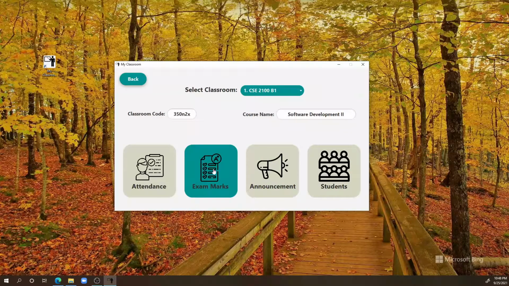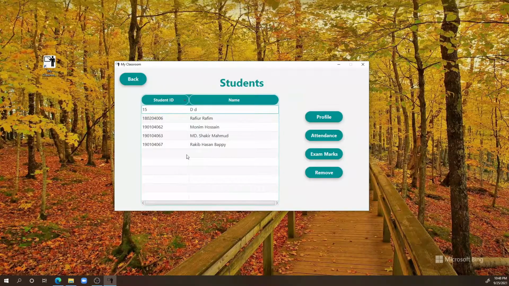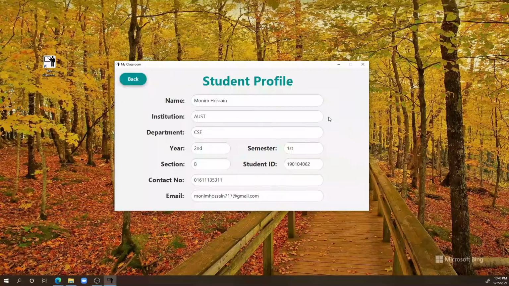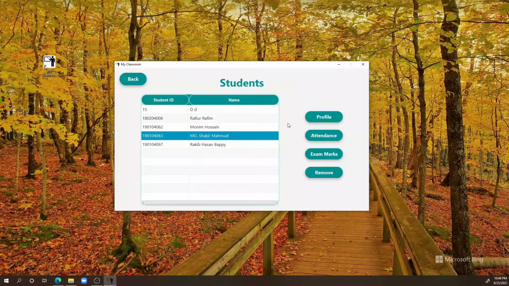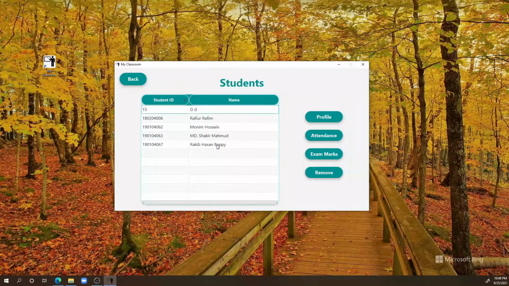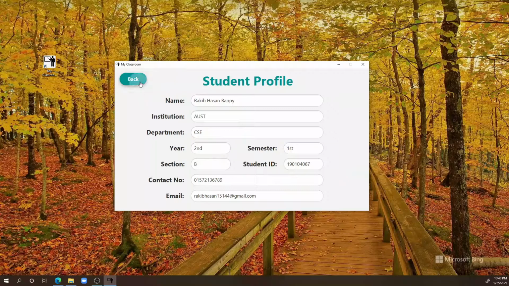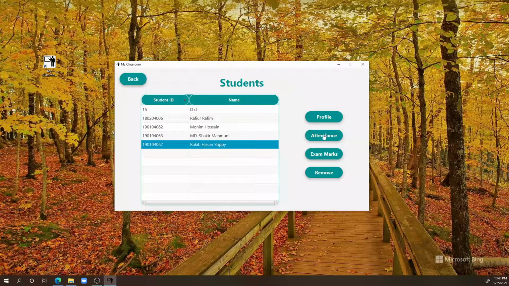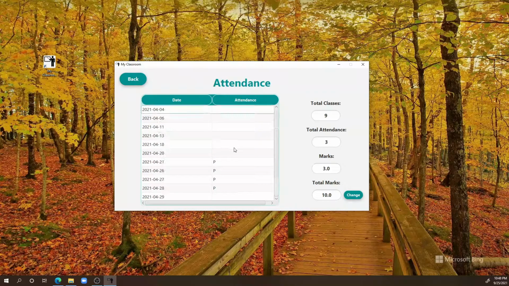Now if I want to see the student list, this is the student list. I can show every student's profile here. At the same time, I can show every student's attendance, total class, total attendance, and exam marks and total marks.